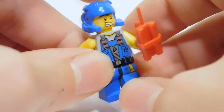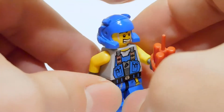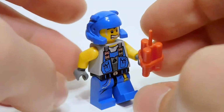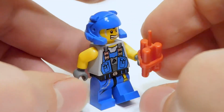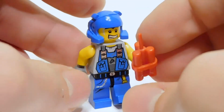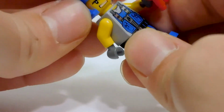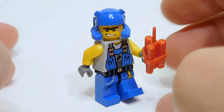This guy is not exclusive. He comes in a handful of other sets. Actually, he comes in the Crystal King, which I have, but he comes with hair in that one. So he's by no means exclusive. You can get him fairly easily, but he's really great. And again, this guy has kind of a special place to me because he was the first actual minifigure I